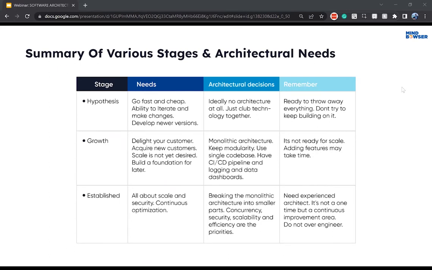So what we went with as the first stage, which is the hypothesis mentioned in this slide, was a very bare minimum layered architecture. When we say bare minimum architecture, as everyone knows, there is an ABC of an architecture, which we call a model 2 architecture.